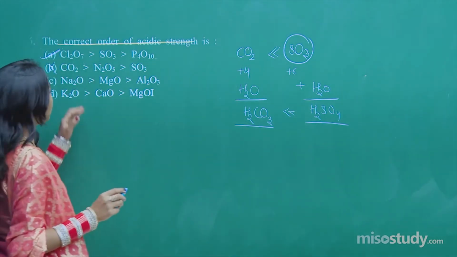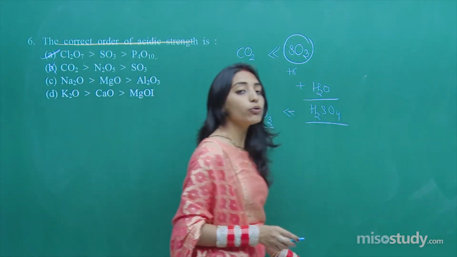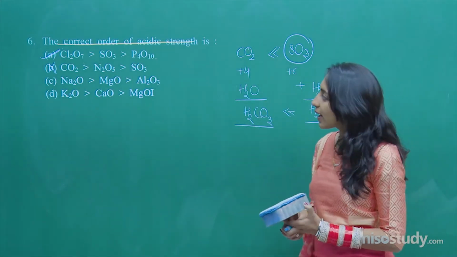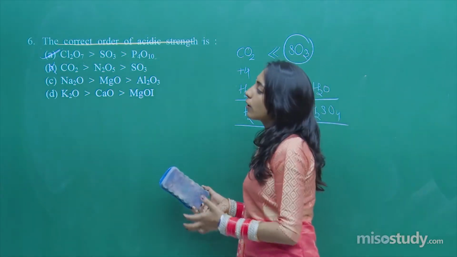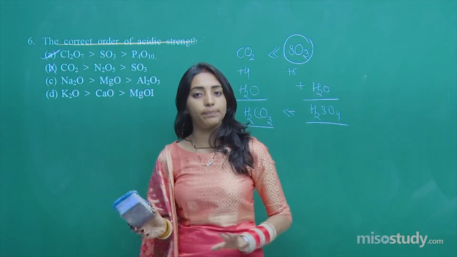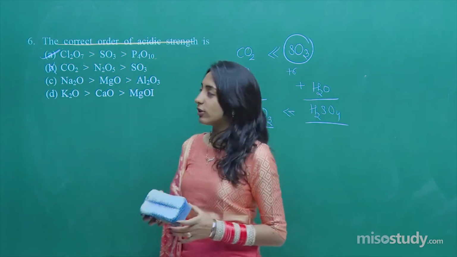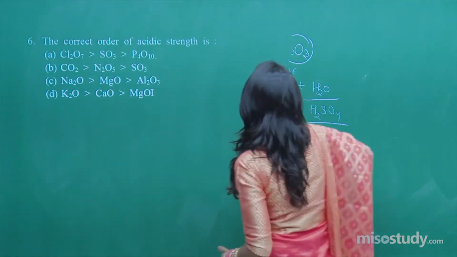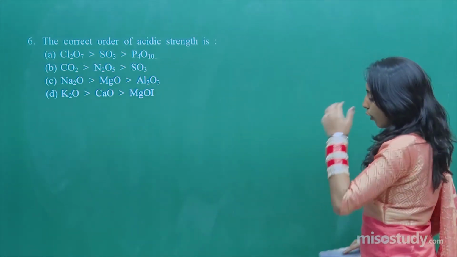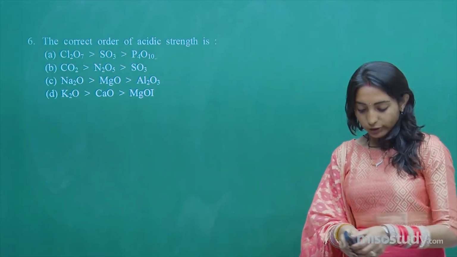Clear? Now the same way, if you move on to the other two options, and since the question is single correct, let me not explain the other options because we have totally got the answer as option number A. Clear? So this was our question number 6, pretty easy. And yes, a new concept was used here. Now we need to move on to our next question, which is question number 7.